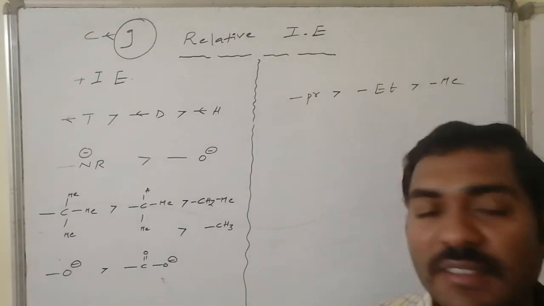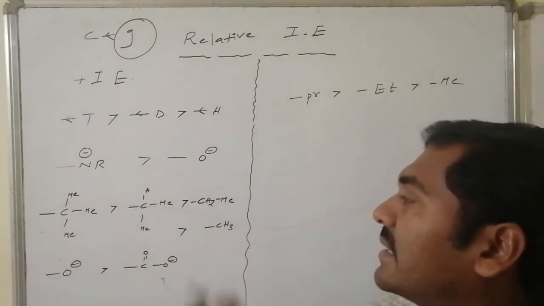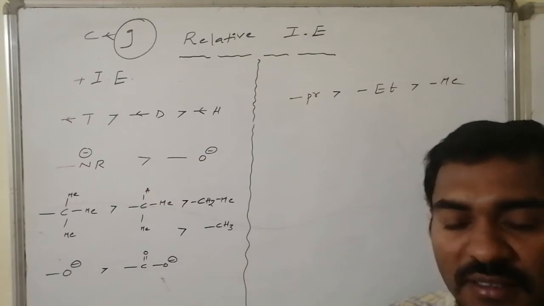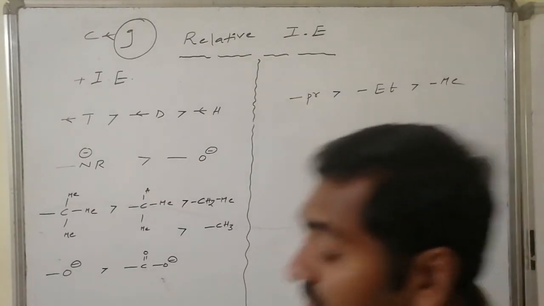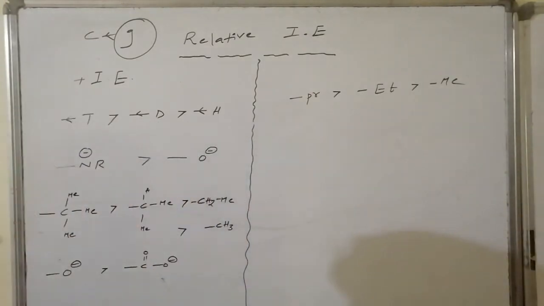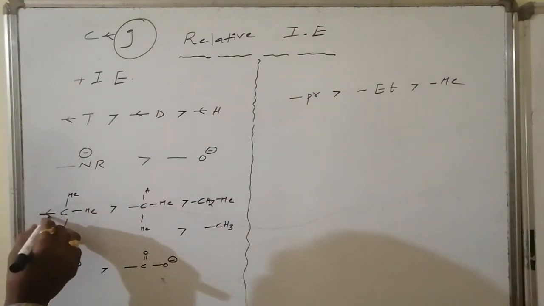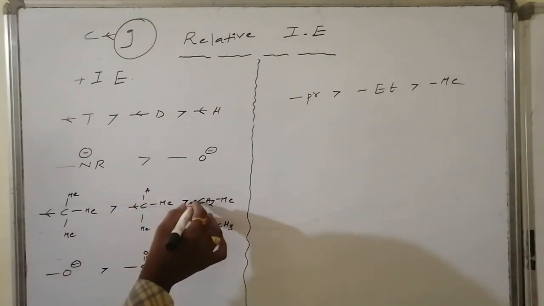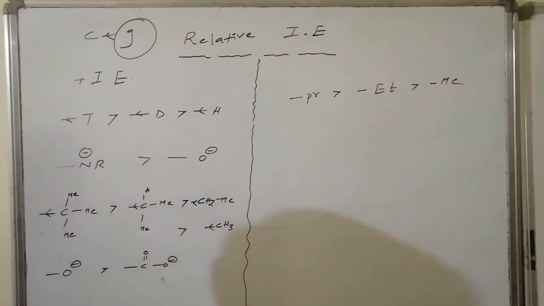Similarly, here are more substituted alkyl positions. Already we made the discussion. This is tertiary, this is secondary, this is primary, and the simplest primary, that is methyl, is there. In this case also the order is tertiary: more branched carbon implies more positive inductive effect, then secondary, then primary, and the last one is methyl.